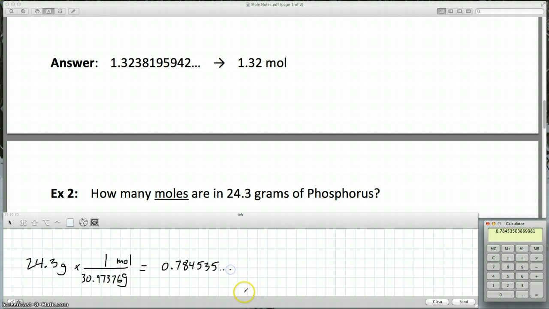0.784535. It keeps going. Starting number has 3 sig figs. Answer should have 3 sig figs. Zeros in front are never sig figs. Remember that. So 784. I'm going to cut it off right there. But that 5 is going to change that 4. So my final answer is